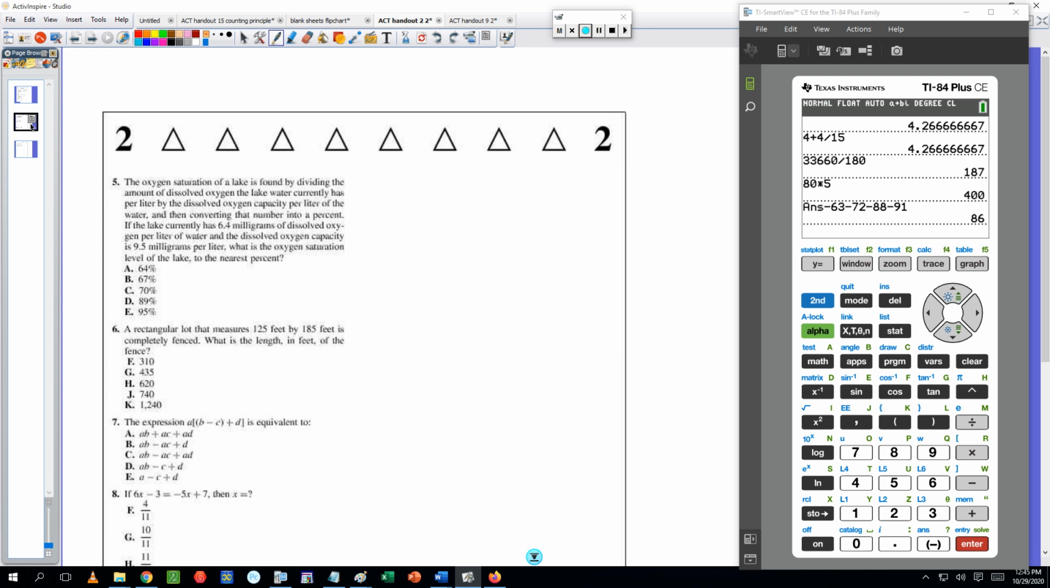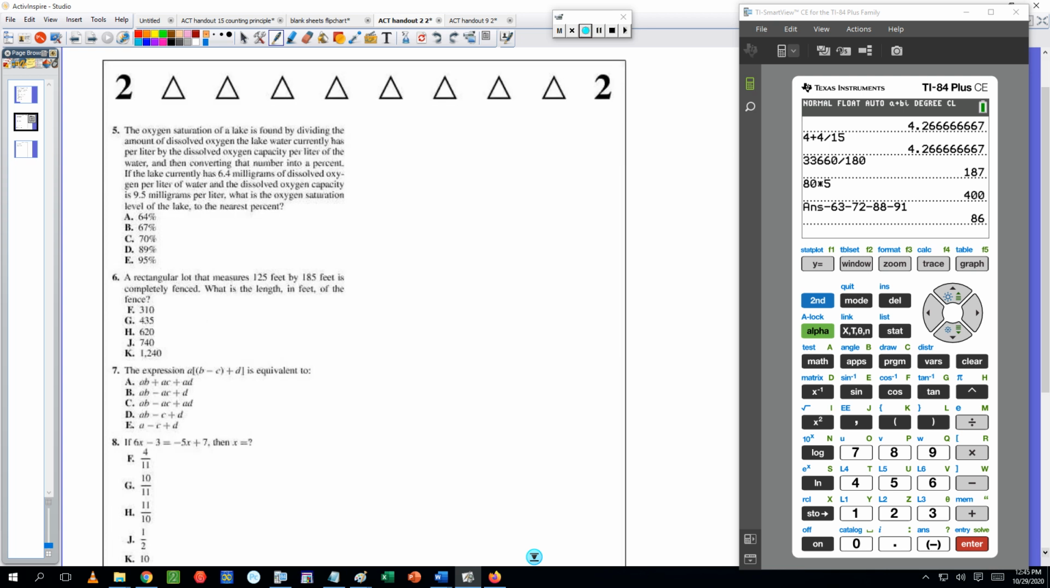The oxygen saturation of a lake is found by dividing the amount of dissolved oxygen the lake water has by the dissolved oxygen capacity per liter, and then converting that number into a percent. If the lake currently has 6.4 milligrams of dissolved, that's the first thing, and we're going to divide it by the second thing